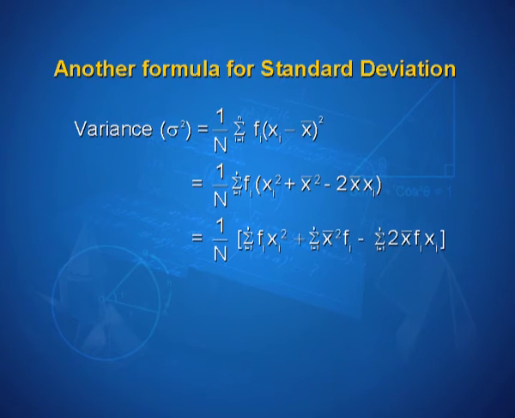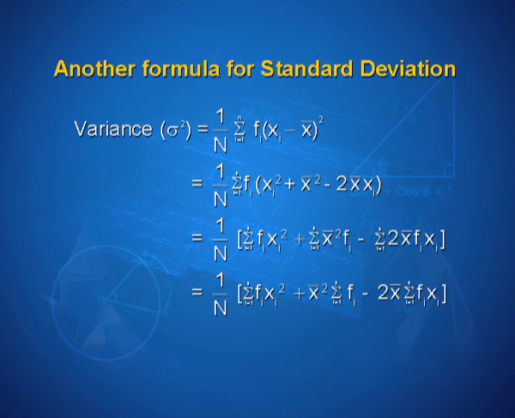That can be written as 1 upon n into summation i varying from 1 to n fi xi square plus sigma i varying from 1 to n x bar whole square fi minus sigma i varying from 1 to n 2 into x bar fi xi, that is equal to 1 upon n into summation i varying from 1 to n fi xi square plus x bar square into summation i varying from 1 to n fi minus 2 x bar into summation i varying from 1 to n xi fi,